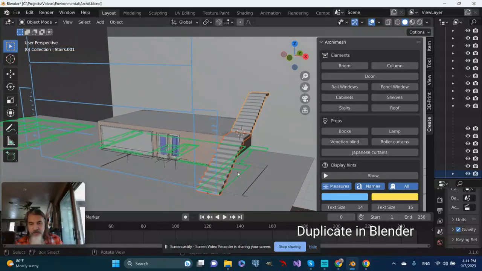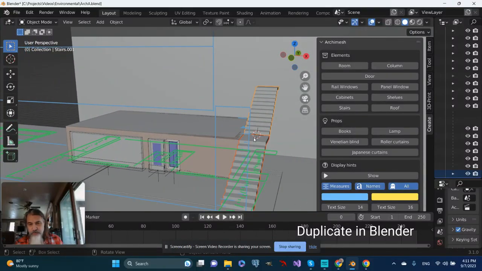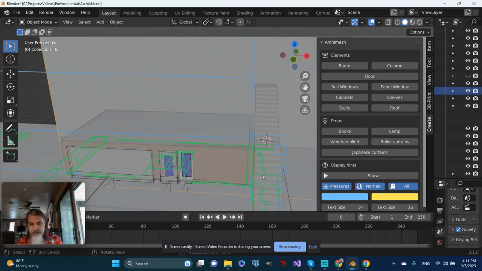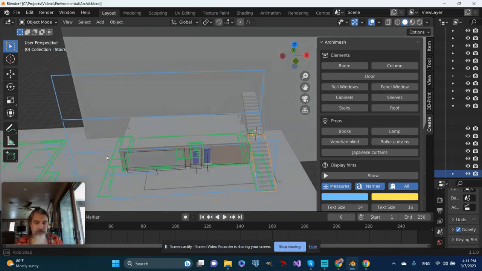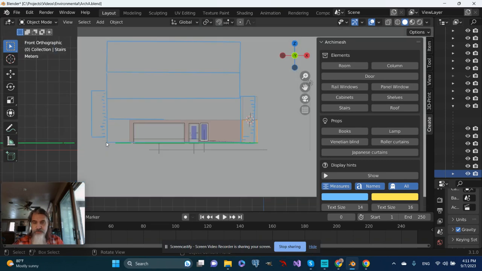Okay, so I created an additional set of stairs. I had put in the 3D cursor here so they would extend from this point, but now I've got two sets of stairs. So the floor plans call for stairs on this side as well. So let's go to the front view, and I'm going to shift and make sure I've got both of these